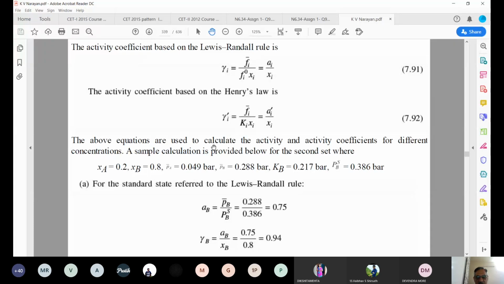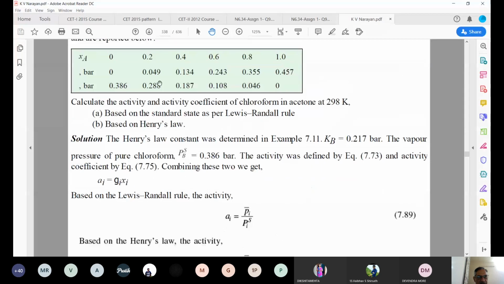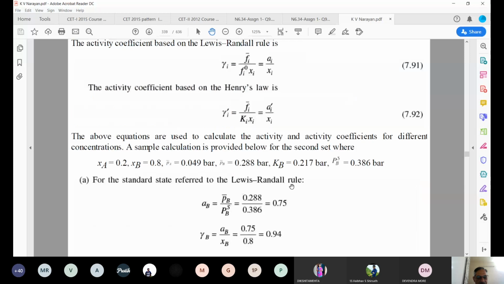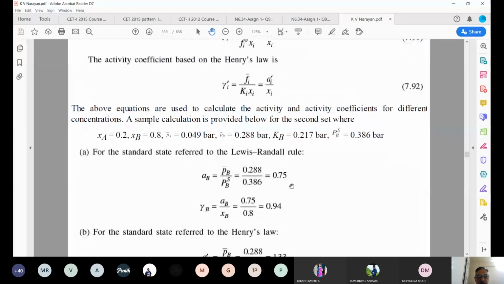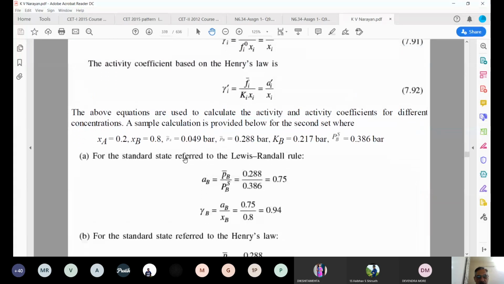Now the above equations are used to calculate activity and activity coefficients for different concentrations. A sample calculation is provided for the second set here. Right? x equal to 0.2 लिया इसने ये वाला. PA bar is 0.049 and PB bar is 0.288. KB हमने कैलकुलेट किया था कल, and PBS vapor pressure is 0.286